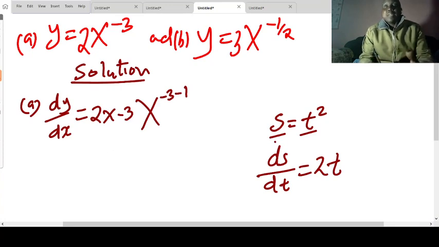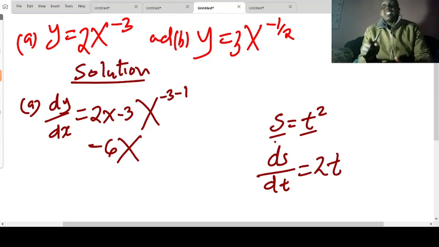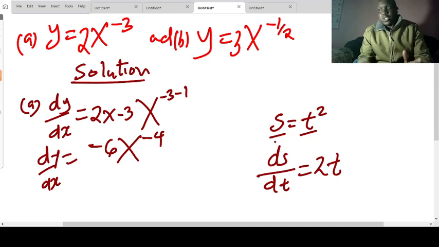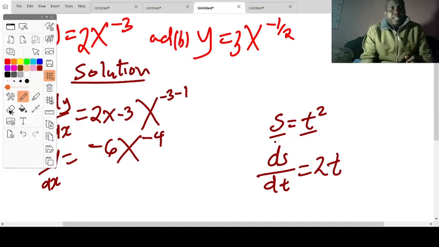2 times negative 2. You will find that the answer is negative 6. Our x, and come to the power. Take your calculator, press negative 3, negative 1, and press the equal sign. That one will give you negative 4. And we are done. So this one is dy over dx. That is our gradient function. Good? Yes. Next,